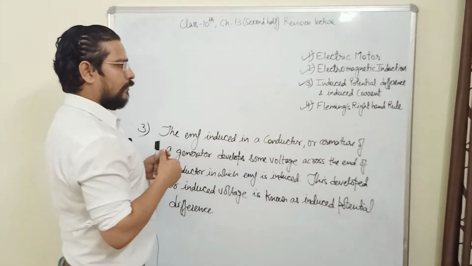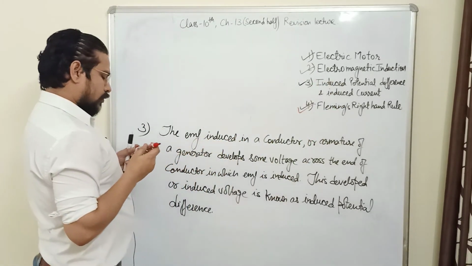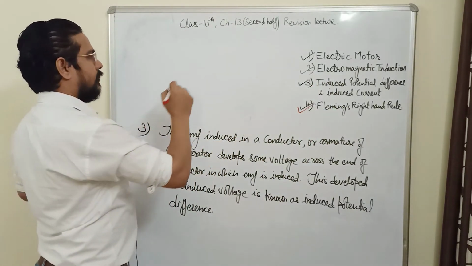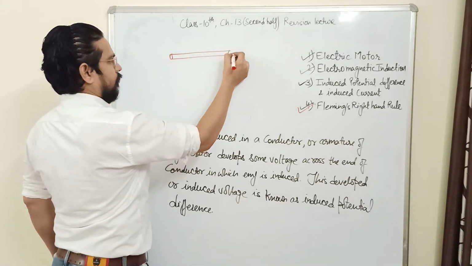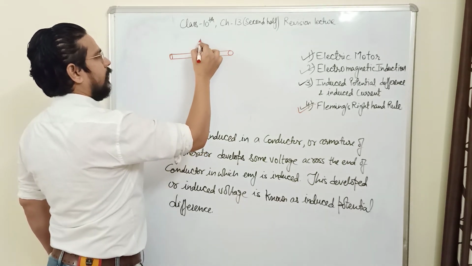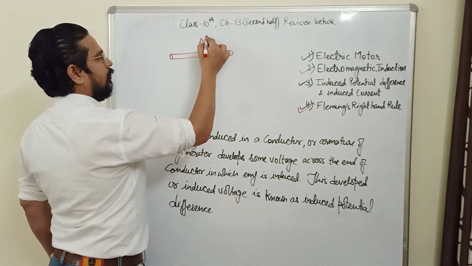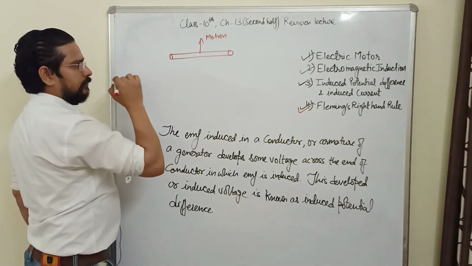With the discussion of Fleming's right hand rule, I will tell you how to find the induced current. Consider this is a conductor which is moving in upward direction. So the motion is in upward direction, and